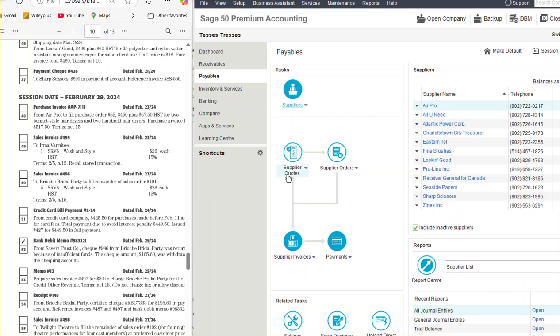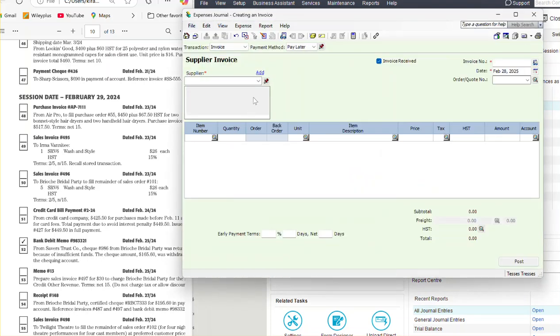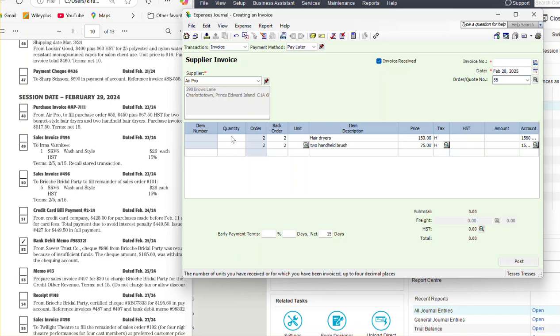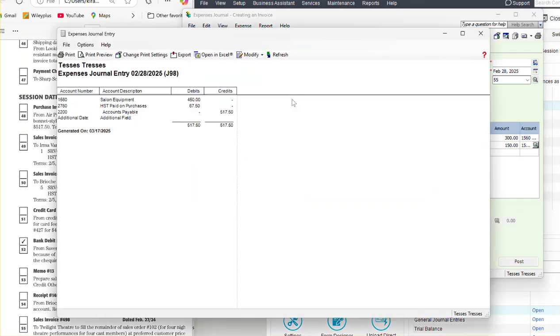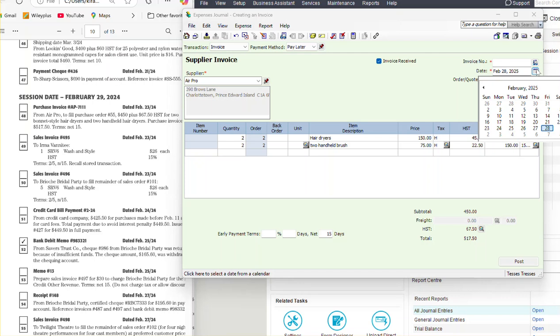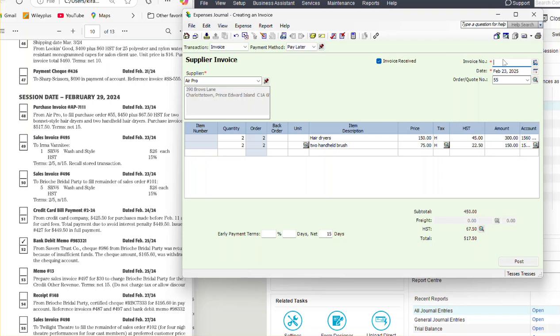I am going to go to purchase invoice. I double click it, and it is from Air Pro. I have to go to the order number 55 that is being filled, and what we did is we got everything from them. So what did we get? Did we receive everything? Is being filled. So I will do 2 here, I will do 2 here, and that should be your transaction. Should look like that, but I have to change the date. So this is right. I will change the date to February 23, and the invoice number is